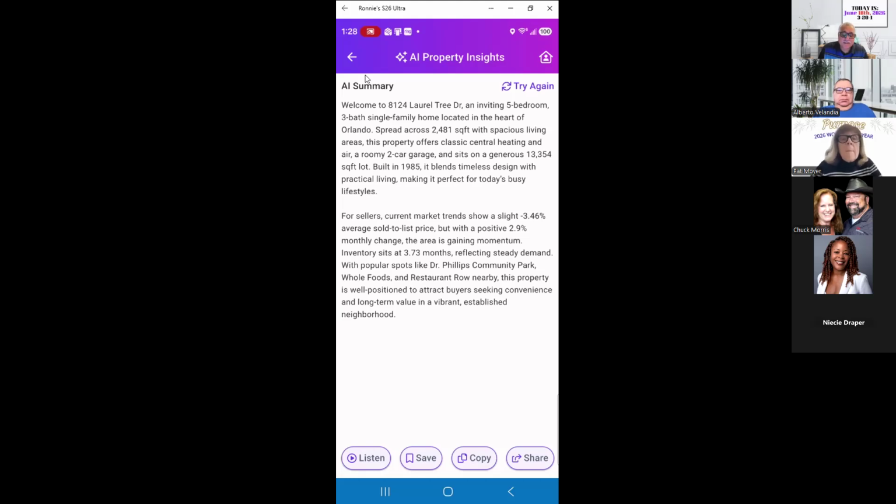Property offers classic central heating and air, a roomy 2-car garage, generous 13,000 square foot lot. It also says that it was built in 1985. It blends timeless design, practical living. For sellers,